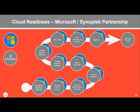So as you saw and you heard Miles going through all the phases of the cloud migration, cloud readiness journey, this journey is not covered by the Synoptek team alone. Microsoft teams up with them shoulder to shoulder to help them complete this for their customers. And we have not done this for the first time. We have done it several times for the Synoptek customers. Basically, every step that is required for Synoptek's customers to complete the cloud journey,